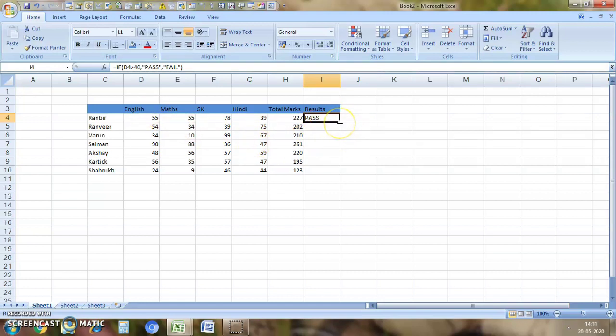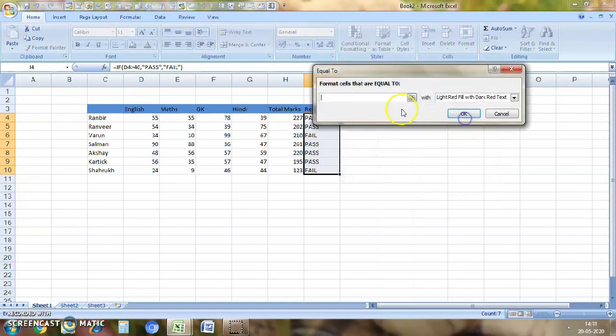We have to do it once again like we did in the sum one. So we'll press this and here it comes. If you want conditional formatting, which is equal to, I'll show you. If you want the pass marks to be highlighted in green, you will do pass, and the option already chosen is red, but I want green, so I'll do green.